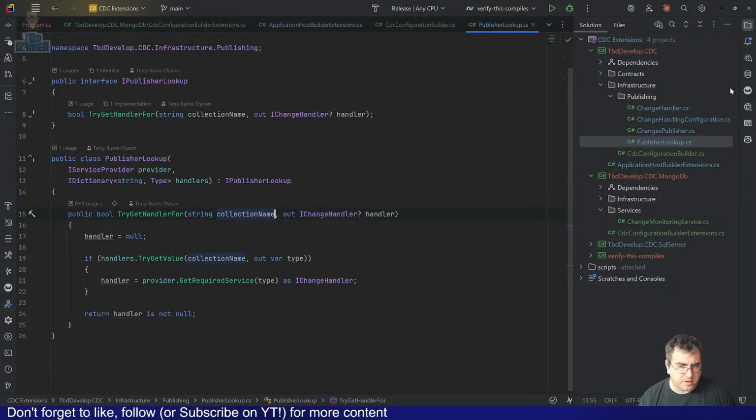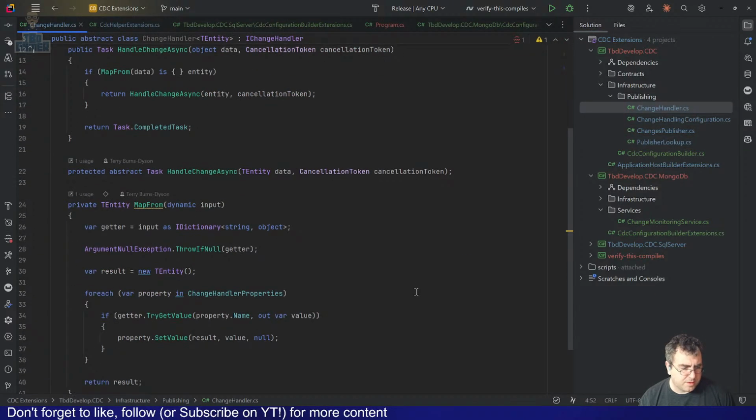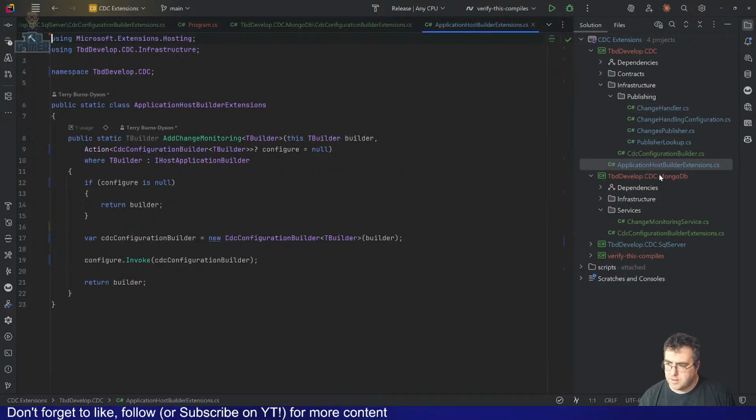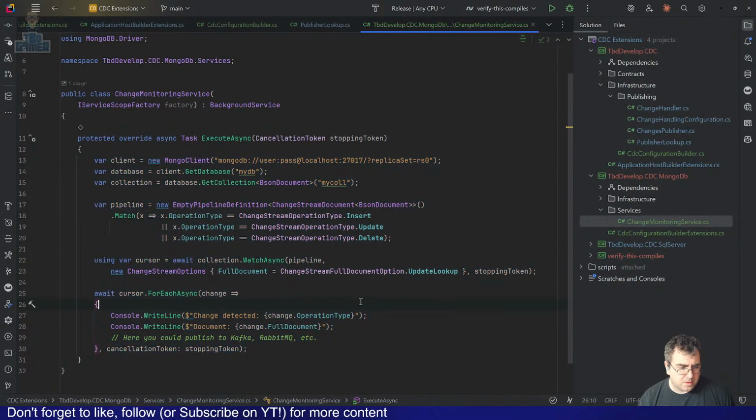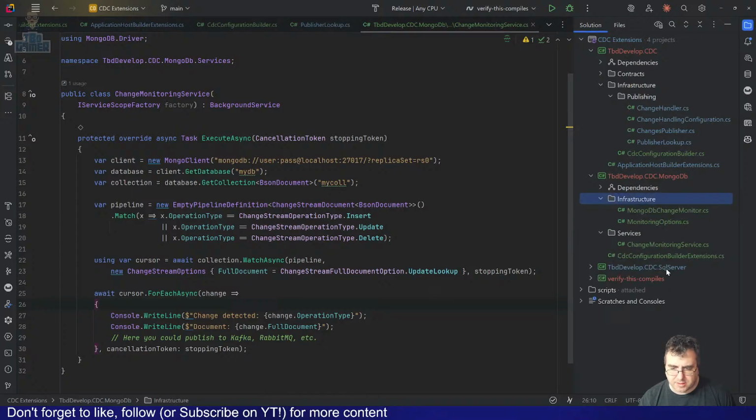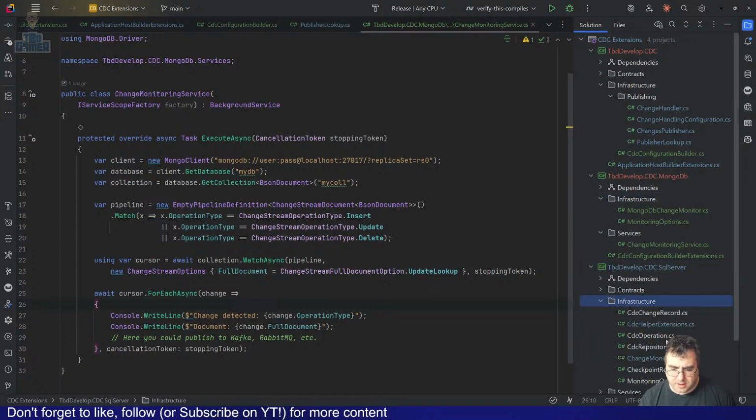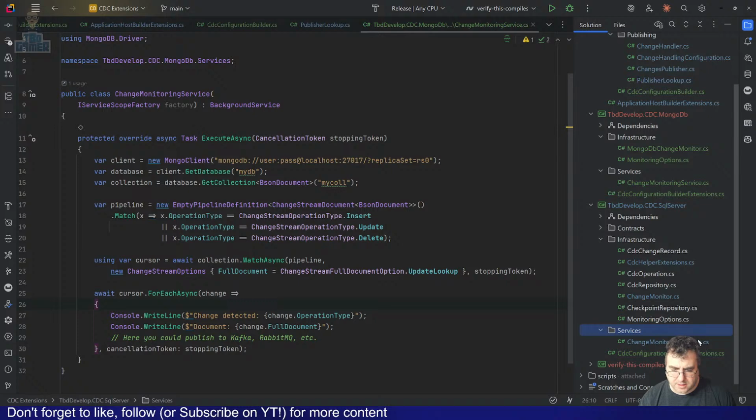I think I'm missing some pieces now though. I still think I'm missing something. What am I missing? We need to bind